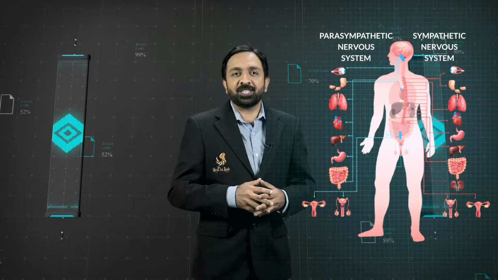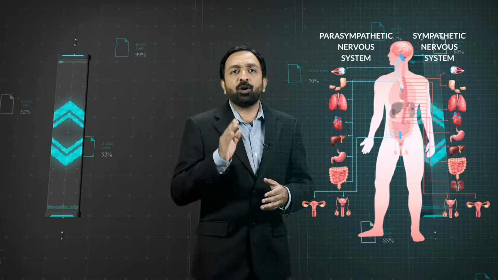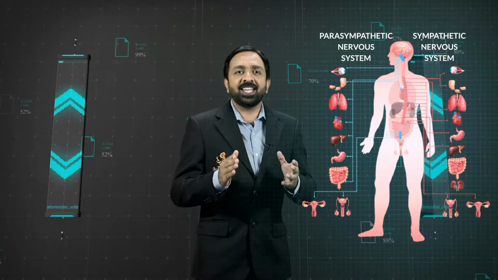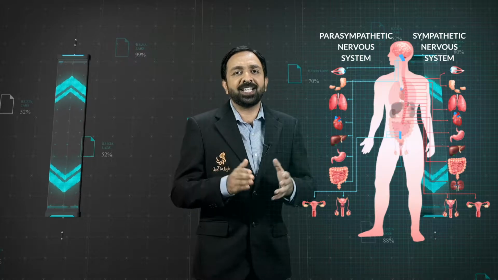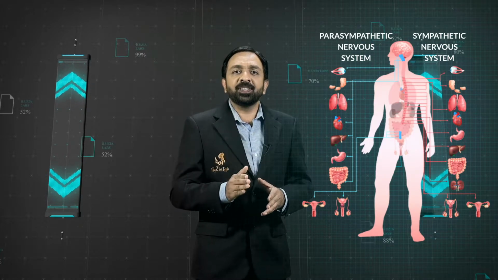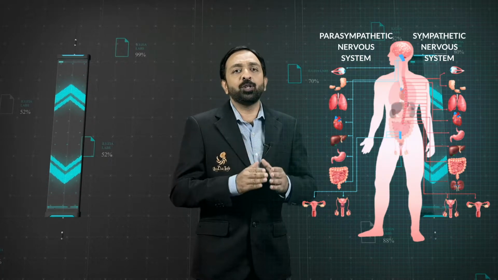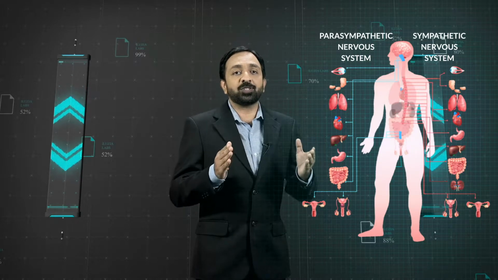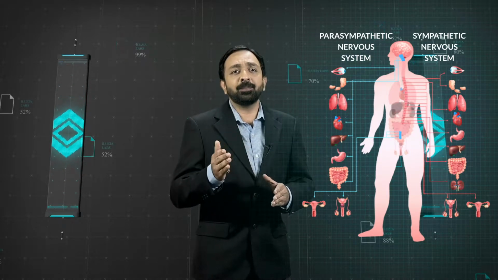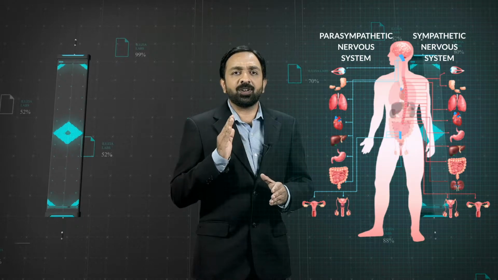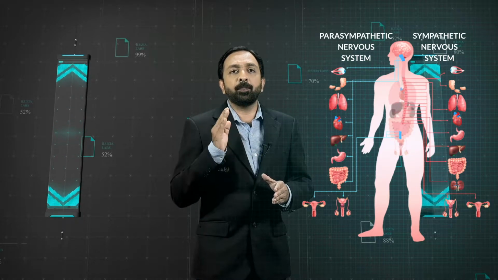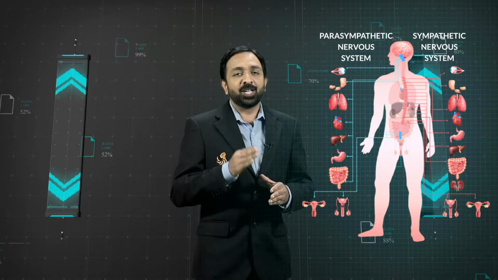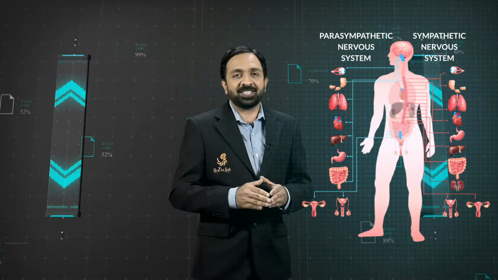The sympathetic system initiates the fight or flight response, such as increased heartbeat and muscles tensing up. The sympathetic system has shorter neuron pathways, hence a faster response time. The parasympathetic system initiates the rest and digest or feed and breed responses, such as reduced heartbeat and muscle relaxation. The parasympathetic nervous system has comparatively longer neuron pathways, hence a slower response time.